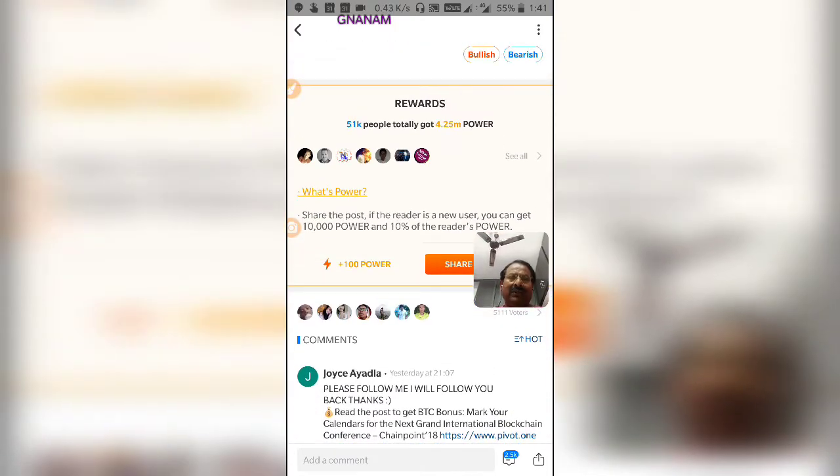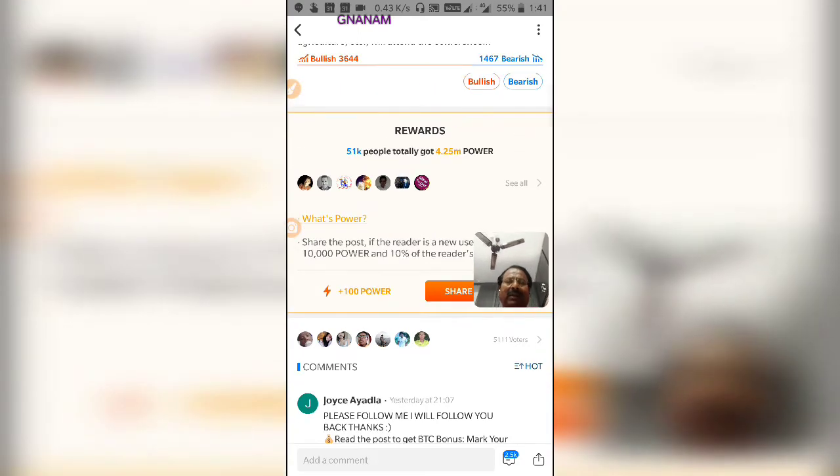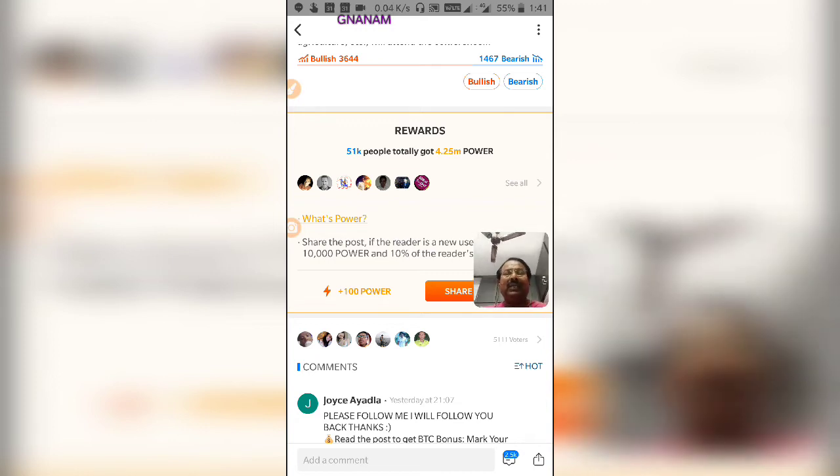I have already used this one. If you haven't used it, you will get a tab saying read for power. If you click the tab, you will get this plus 100 power. Congratulations, you got plus 100 power.